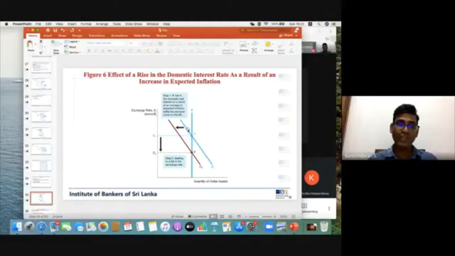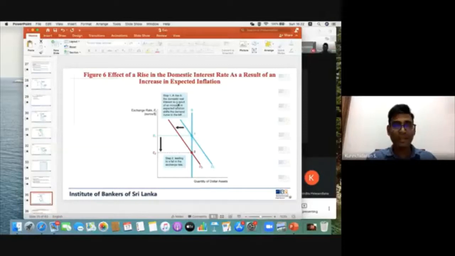Okay, so when the real return comes down, people don't want these domestic assets. So the demand for domestic assets will decline, that means from D1 to D2. Then the value of the currency will come down, the exchange rate will come down. Earlier, maybe $1 is equal to 1.5 euro. Now $1 is equal to 1.2 euro, maybe, right? Okay,